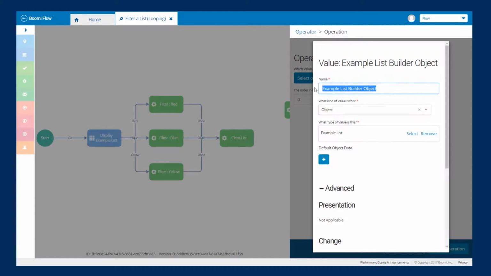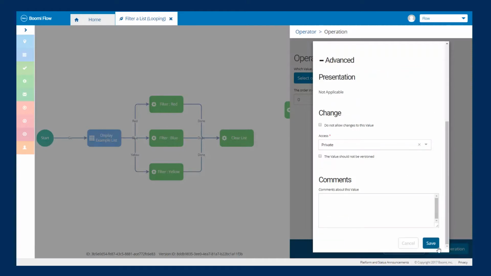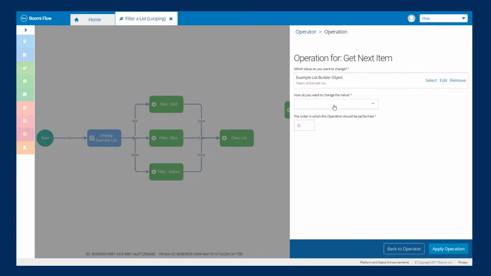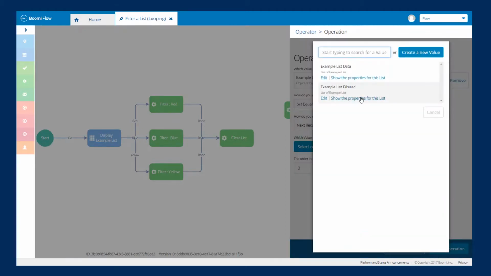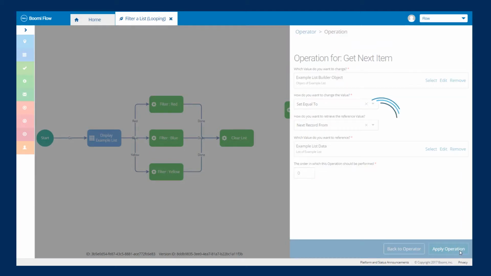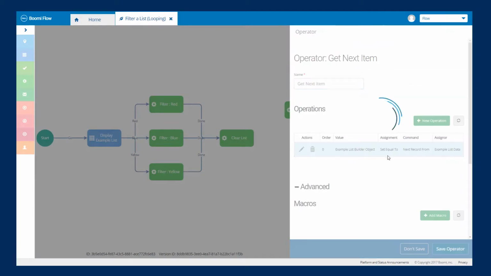And then if this item matches our filter result, we push that into our new list and generate the new list using that. So I'm now going to save this option. And what I'm going to do is set equal to the first record, or the next record, excuse me, from the list that we've created. So our example list data. So if I click apply operation and save operator,